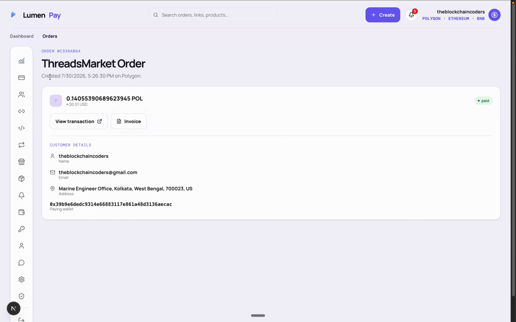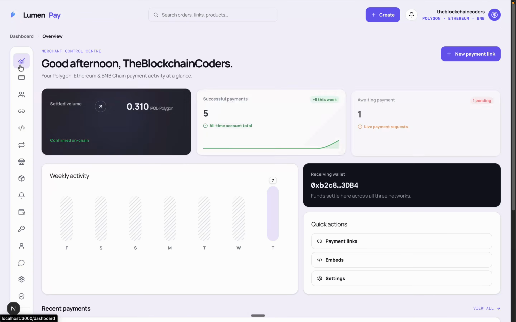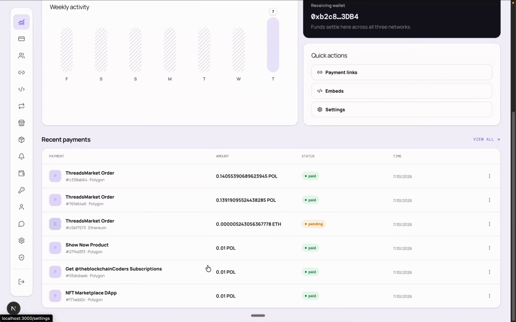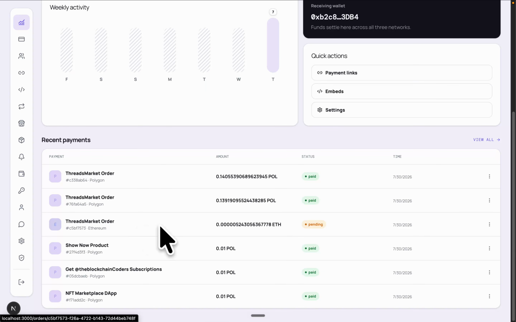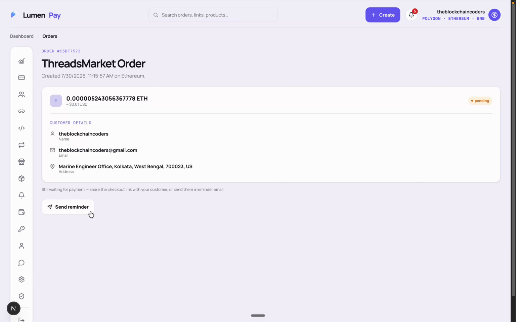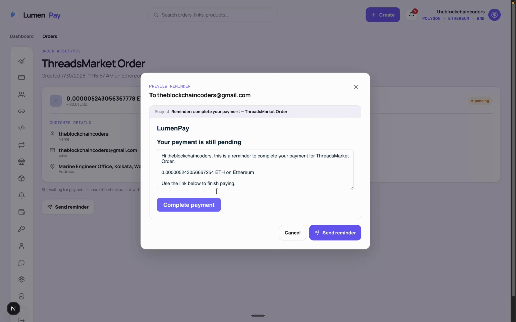payment gateway. Now if you come back to the dashboard, you will find all the details about the overall stats. Right now you will find that this particular transaction is pending. So the customer has done the checkout and filled out the details, but they haven't completed the payment. So I can simply click on this pending one, and from here I can send a reminder email to that particular customer. I can click on send a reminder, and here we have this email. You can simply type or do the editing. I can click on this send reminder, and it's going to make a call, and this particular user will receive